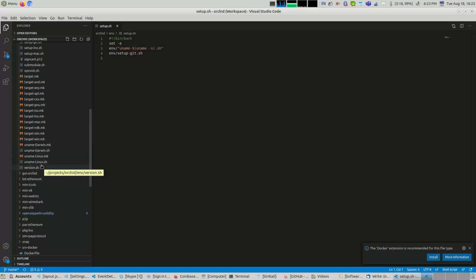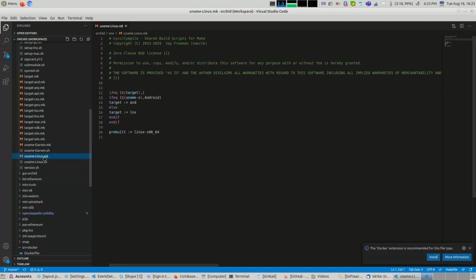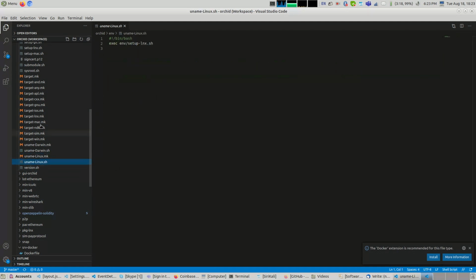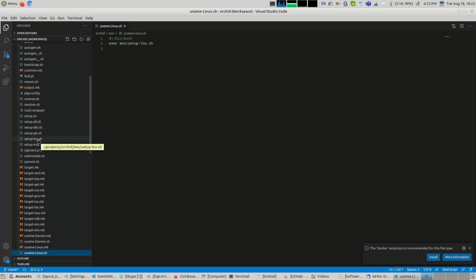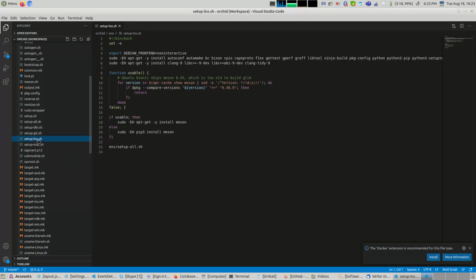So what's going to happen is you're going to run setup Linux. That's the main difference between setup Docker or setup anything, right? Is basically this prefix here. And so in setup Linux, you'll see the dependencies that are required in order to compile and install the software. You'll see that it assumes Debian for Linux, and it'll go ahead and start to